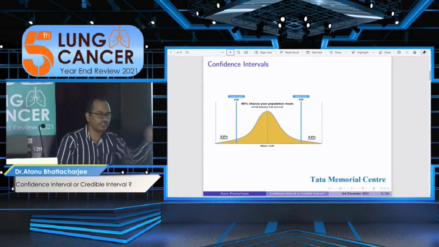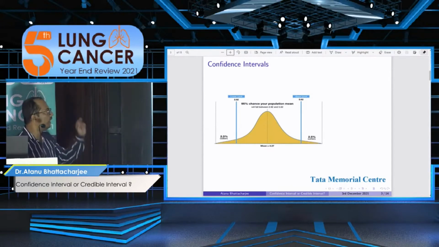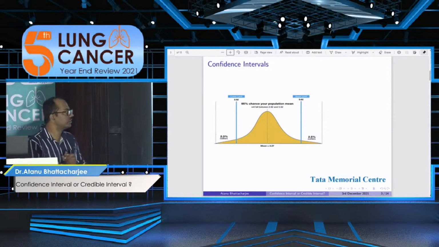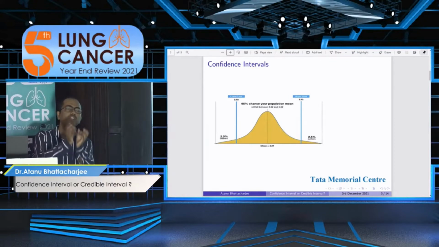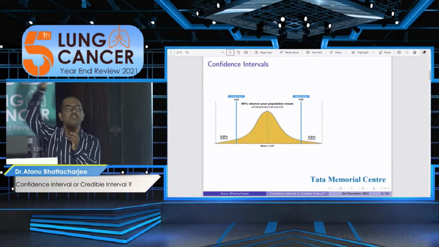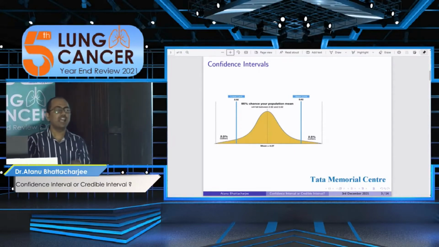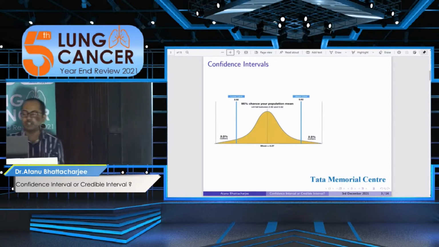Blue line to blue line. That's the confidence interval range over there. But one lacuna of that terminology is that we are going to assume that these people are going to be represented, extrapolated. The sample data we are going to extrapolate in a hypothetical scenario and say these people are going to have those characteristics. And that's why the limitations,